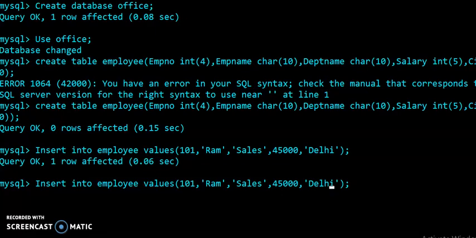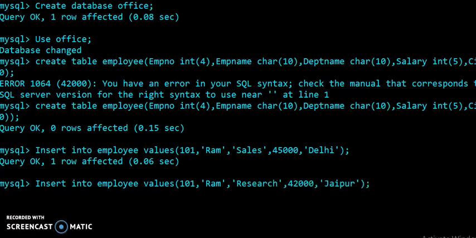So by using the up arrow key, you can recall the previous command, and now with the help of the cursor I can change the values of some columns. Just like, I want to replace Delhi with Jaipur. So here I'm writing Jaipur, and if you want to change the salary, you can make changes here. Here I write 42,000 in place of 45, and here I am changing the department to research.